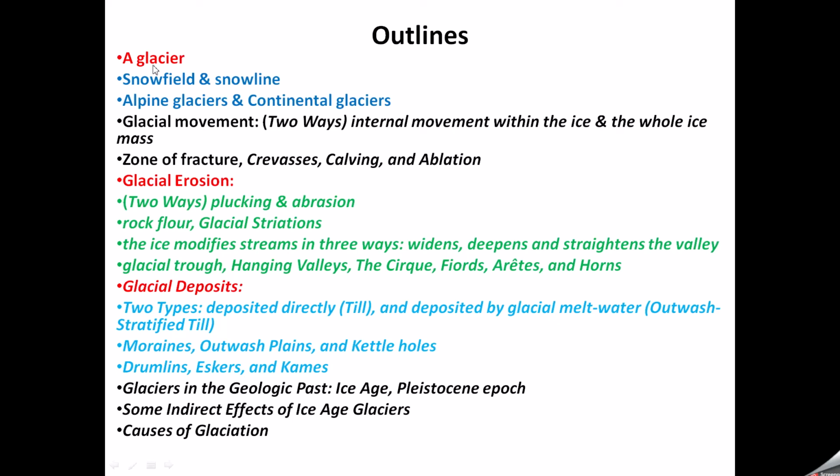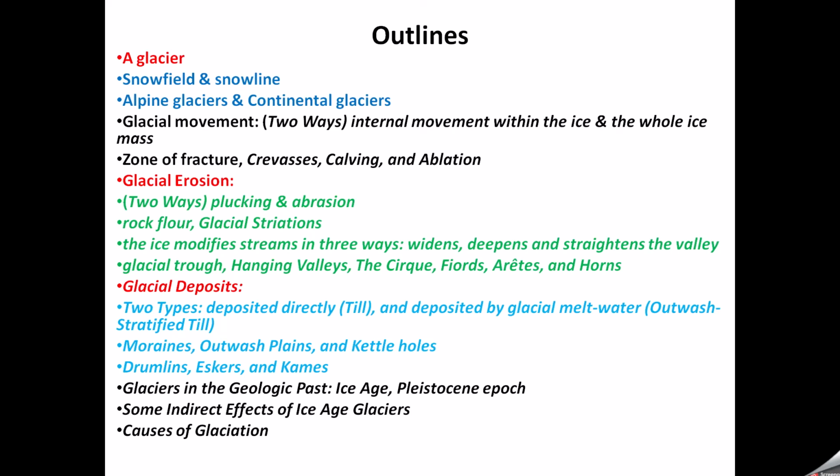We'll study what's a glacier, snow field, snow line, alpine glaciers versus continental glaciers. Glacier movement, two ways: internal movement and movement of the whole ice mass. Zone of fracture, crevasses, calving, and ablation. Glacier erosion, two ways: plucking and abrasion. Rock floor,